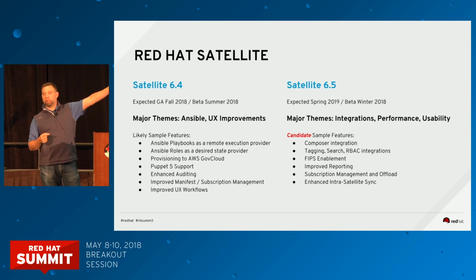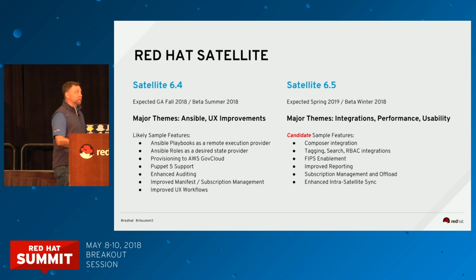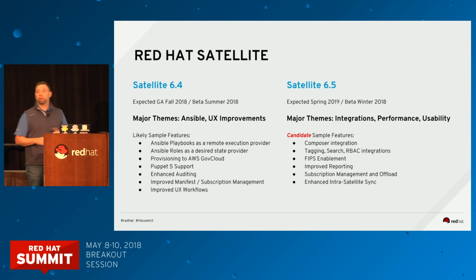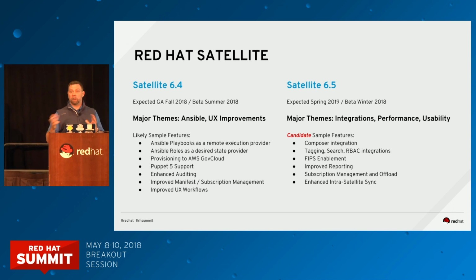6.4 on the left side of the screen, pretty solid. Even though I covered my butt, I'm feeling really good about that. 6.5 stuff on the right, way more fuzzy. But in general, the direction that we're going is around continued integrations, performance, and usability. So integrations across the portfolio. Things like integrations with Composer. If you want to talk to the RHEL teams, I'm not a Composer expert, but there's going to be some integrations there. We're moving towards FIPS enablement for the folks that are concerned around FIPS on the public sector side,